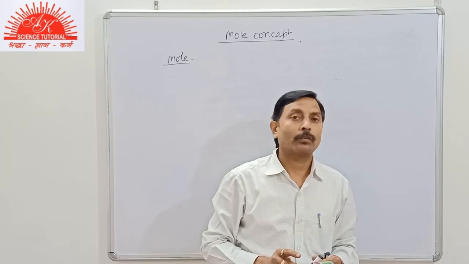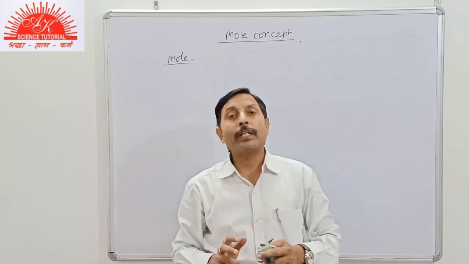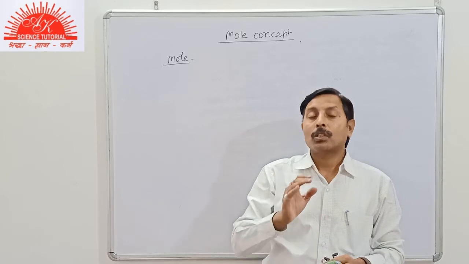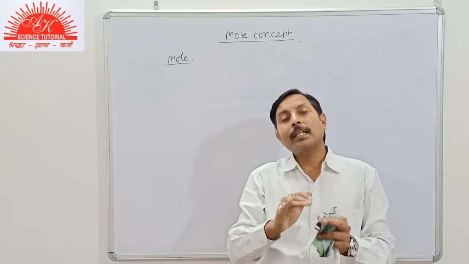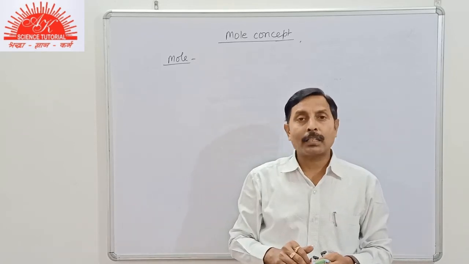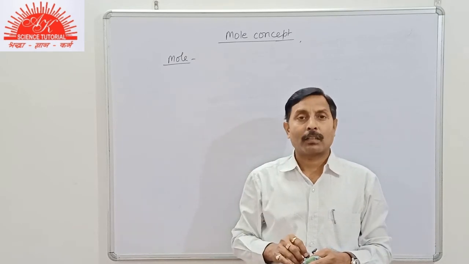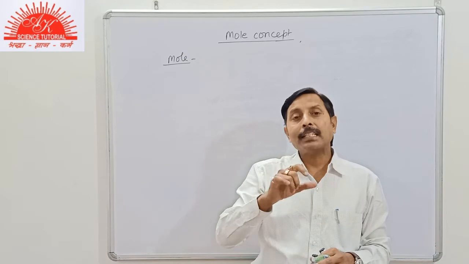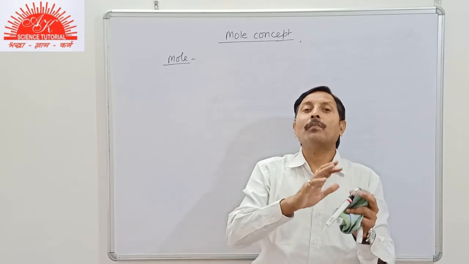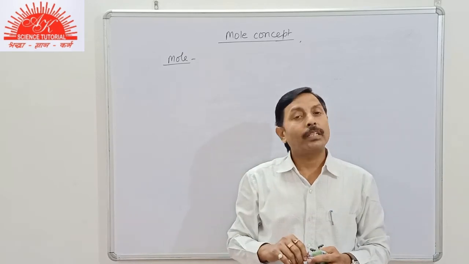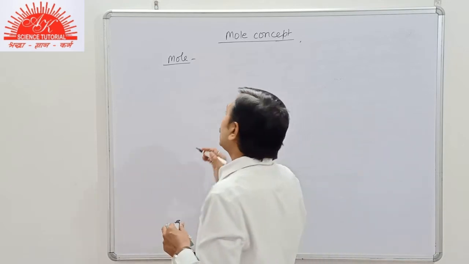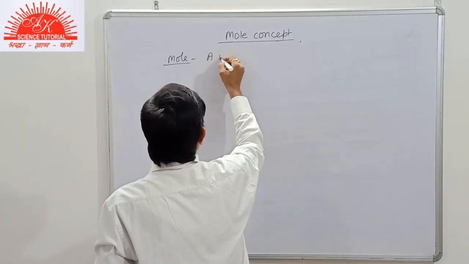Now what is mole? It is again the unit for the amount of substance. So a mole is the amount of substance containing number of particles equal to as it is present in 12 gram of carbon, C12. So we can write here, that is a mole